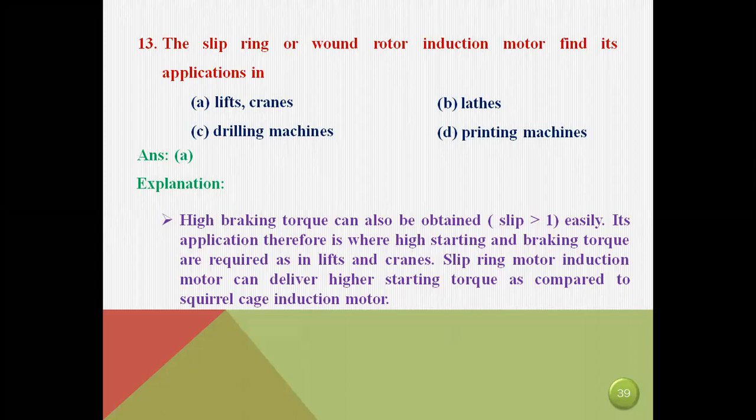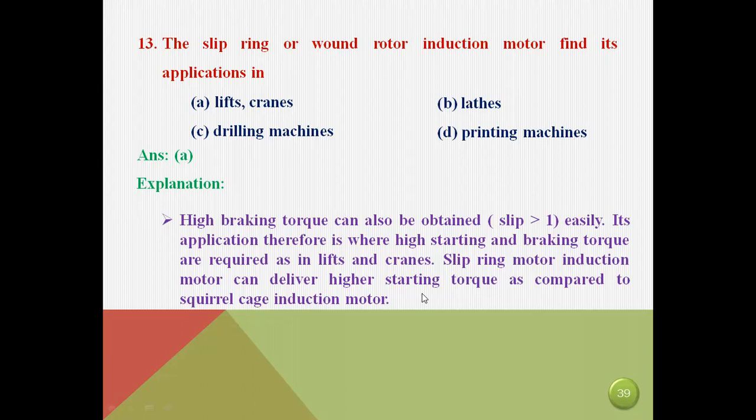So we are calling that as an induction motor. Then we have seen there are different types of induction motor like single phase and three phase depending on how we are giving the power supply to the three phase induction motor. But in our syllabus only we are supposed to study about the three phase induction motor. There are two types of three phase induction motor. These are nothing but slip ring induction motor and the squirrel cage induction motor.